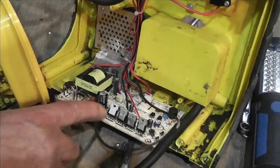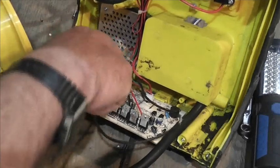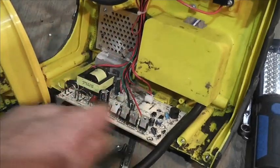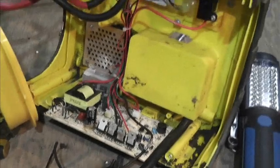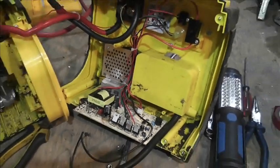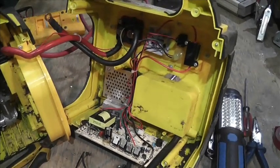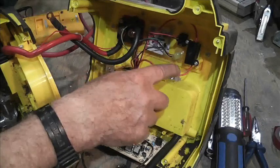So now we've decided that this is the inverter, not the charging circuit. Yeah, there's a bit of corrosion there. We've got all sorts of things going on. Let me see if I can zoom out a little bit. Right, so this here